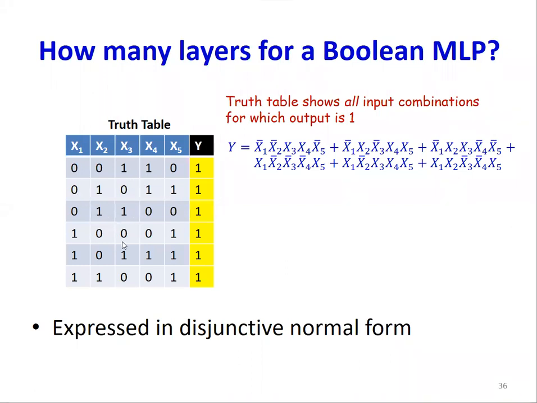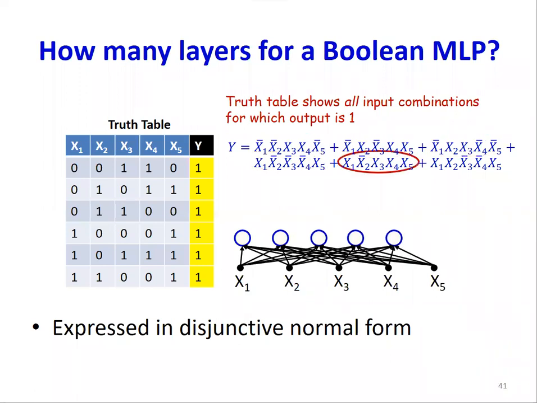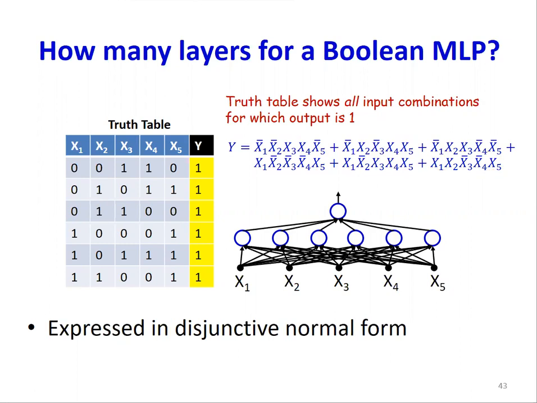So corresponding to each one of these rows, we will have a clause, and the pluses represent OR. So if any one of these clauses holds, then the output is 1. So this truth table can be represented by this Boolean formula. But because perceptrons are universal AND functions, I can have one perceptron for every one of these clauses, and then a final perceptron which performs an OR, and voila, I have my MLP that computes this Boolean function using only one hidden layer.